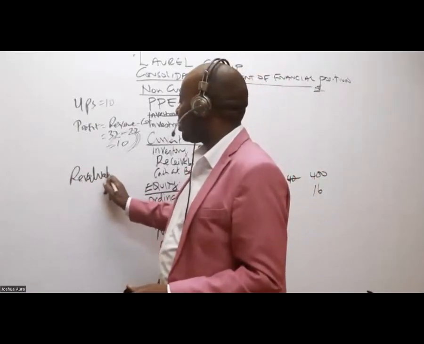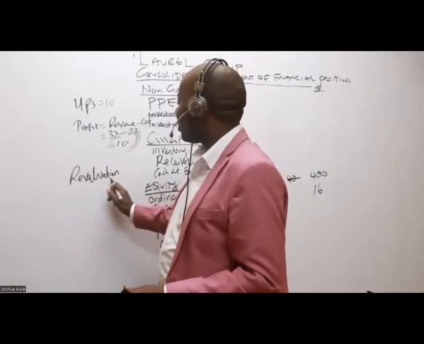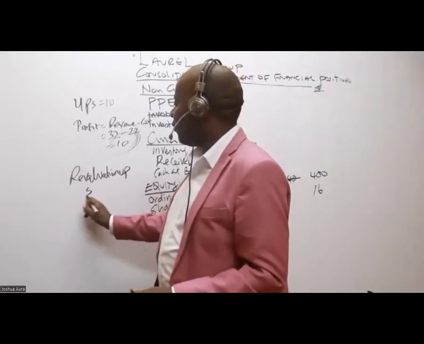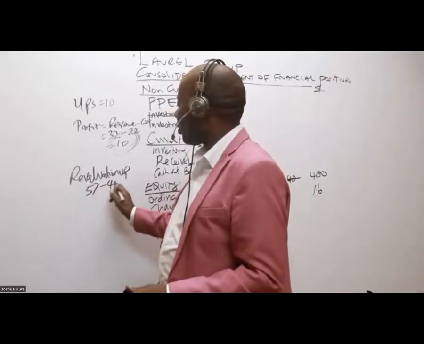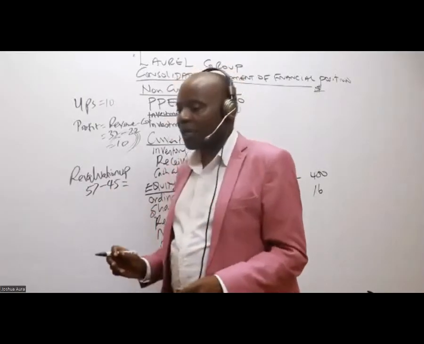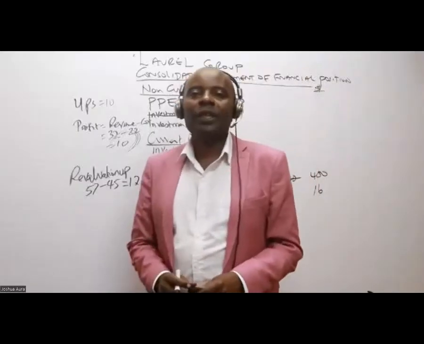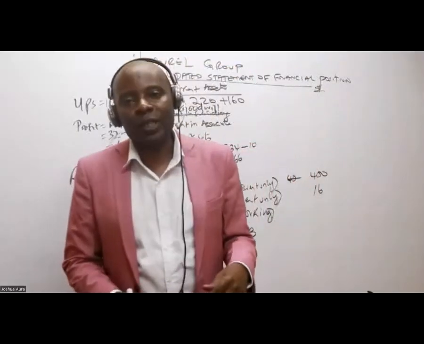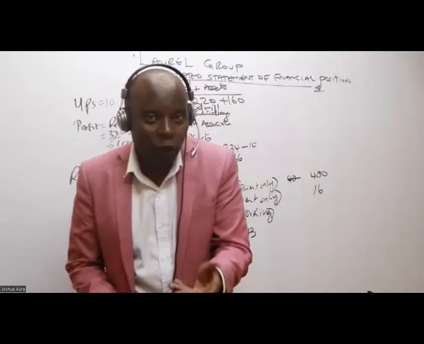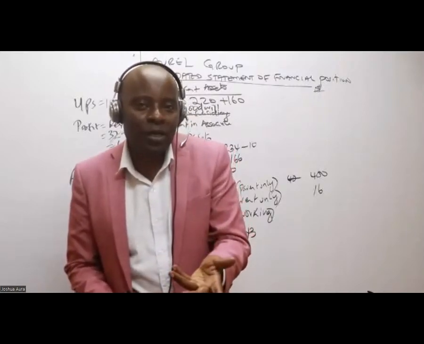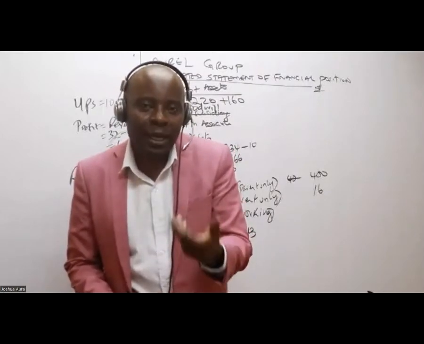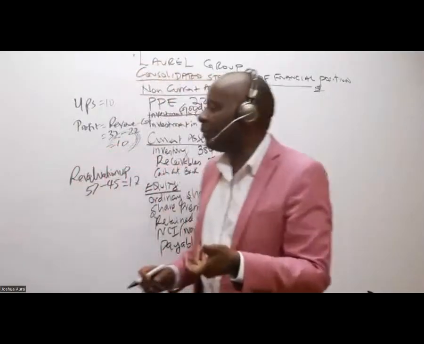The revaluation, and this is up. It will be 57 minus 45, which gives me how much? 12. So if it is a revaluation upward, we know that our assets, of course, are understated. We need to capture this as a new value. So in the PPE,